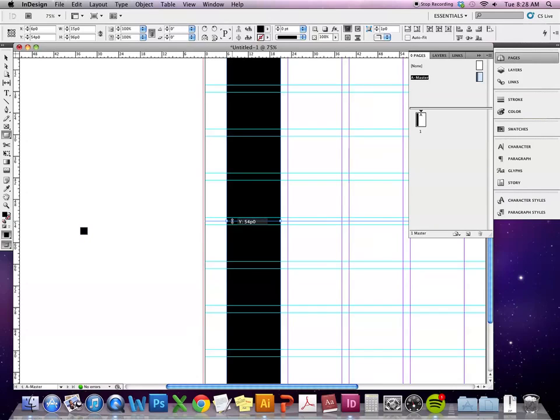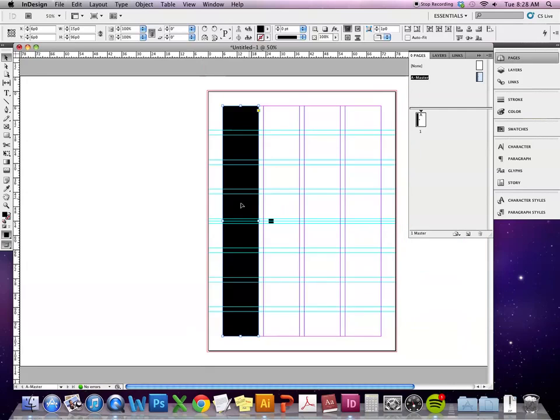So pretty much what I did is I would put down a guide at the halfway point based on this rectangle, and then use this 2 pica square, centered it on that guide I just made, and then put a new guide above it and a new guide below it. And then I would go back to this rectangle, move it up to that uppermost guide, and then get a new center point,